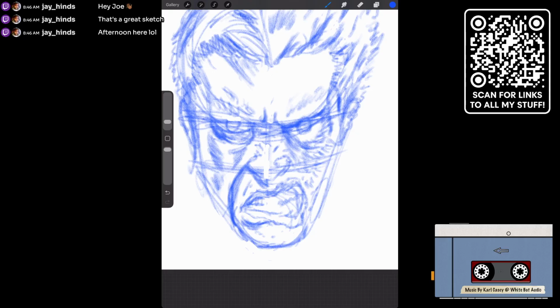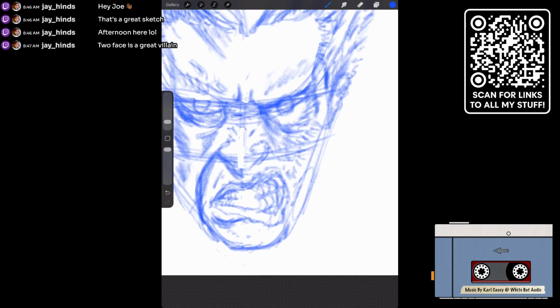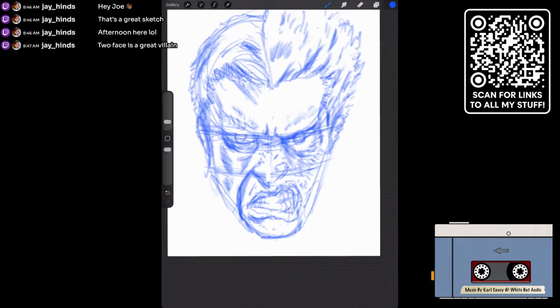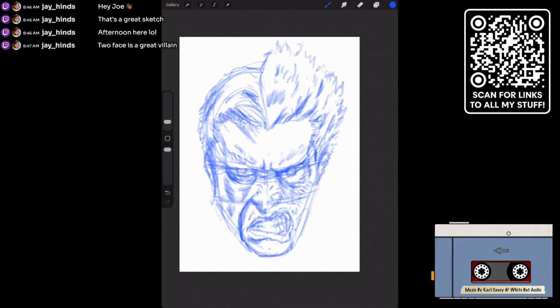Okay. There's teeth. And then you'll see more of the teeth, obviously, up here because the lips are going to be gone. So let me just establish where the gum line is. There we go. Yeah, that's better. Hold on. Sorry, my screen is obscuring that. Let me jump back. Two-Face is the best. I love Two-Face. I have always loved that character. So, yeah, any excuse I have to draw Two-Face, I'll take.